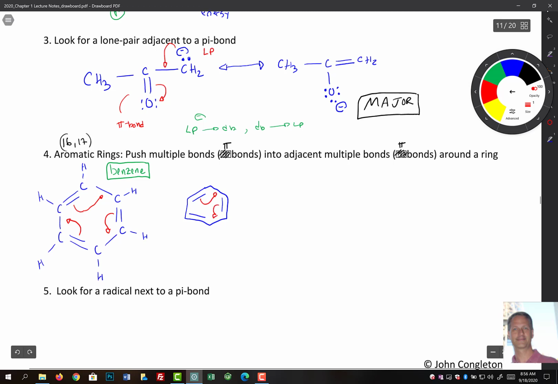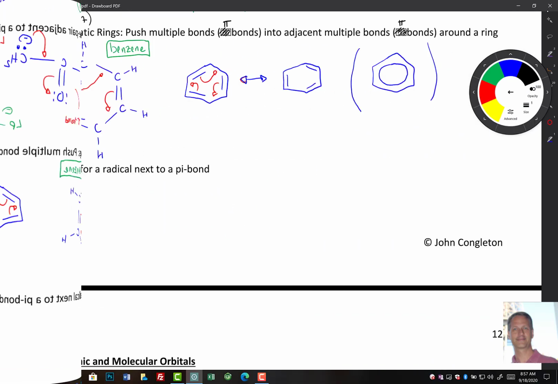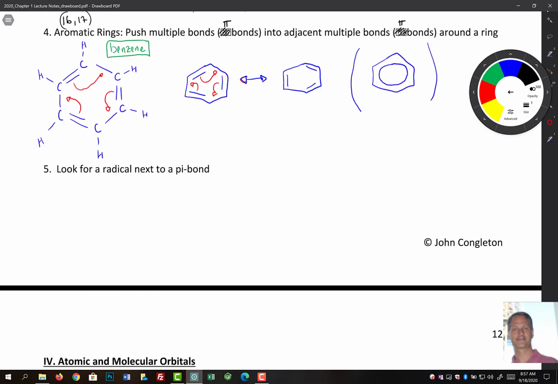So that would be the same as drawing this out. And again, we put in our resonance arrow here. And then we put our double bonds here, here, and here. And that would be the other resonance structure of this. Now, just as a side note, those electrons move around very quickly. These both have the same energy. So sometimes you will see benzene written with a circle in the middle of it. And that just means that those electrons are moving around really fast. Okay, so 1, 2, 3, and 4, that's what we see most of the time, but we do need